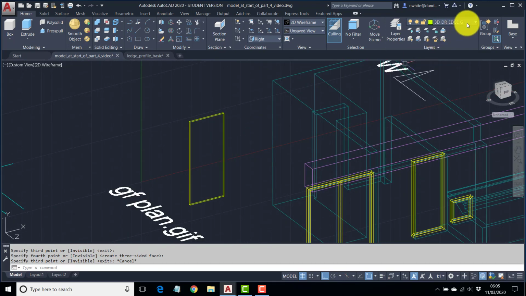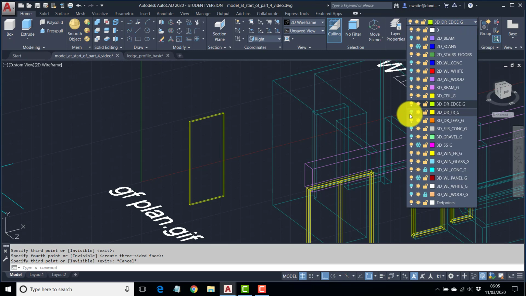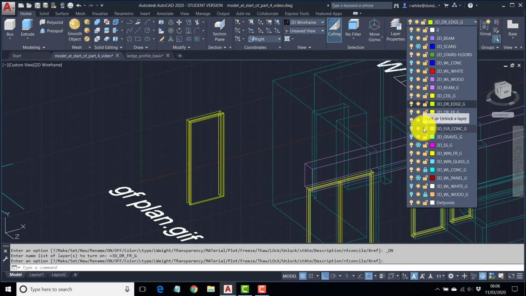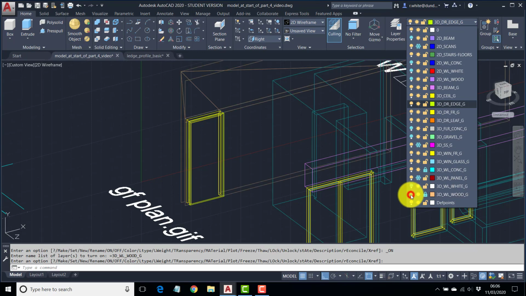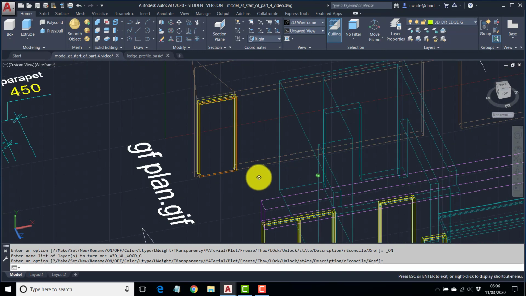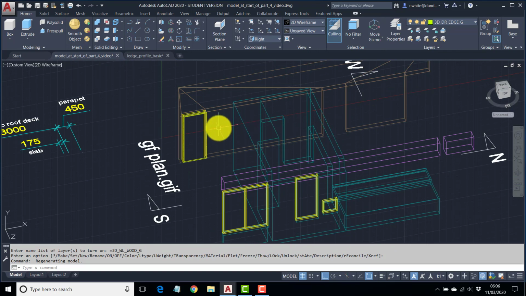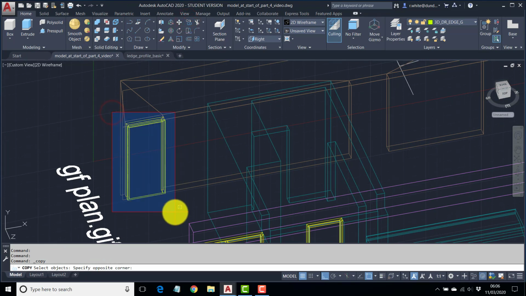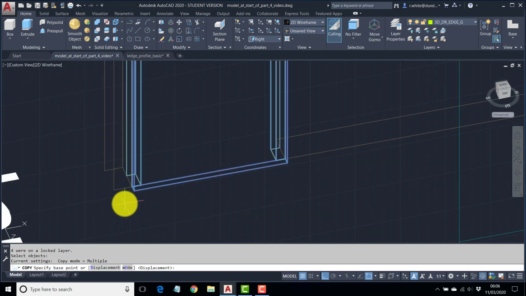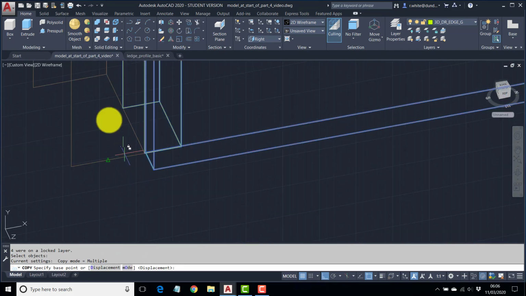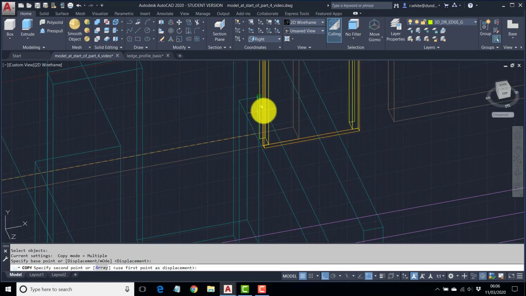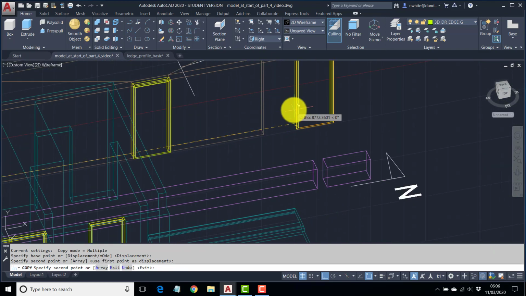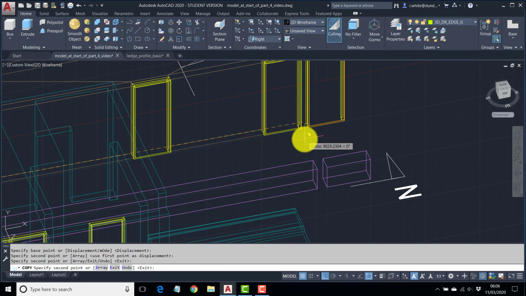Okay, put the door frame back on. We can bring our wooden wall back on, and we can copy that doorway into these three openings, because they're all three the same. Okay, so copy, grab the whole construction, so there's 19 objects there, enter, base point. We could use the back corner here of the wall, take it to the corresponding positions. Okay,